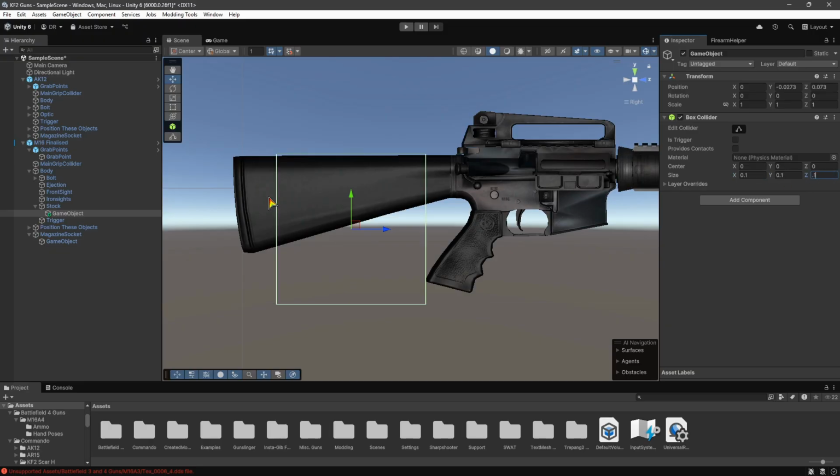Point. Scale it and stuff. And then you can take this game object and rotate it like that. That's how you can make rotated colliders, like angles like this, which I'm probably just gonna